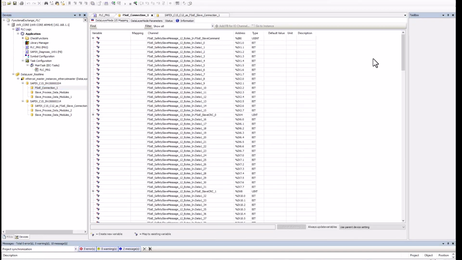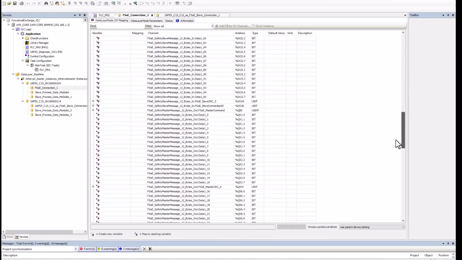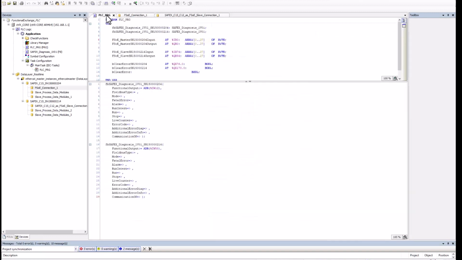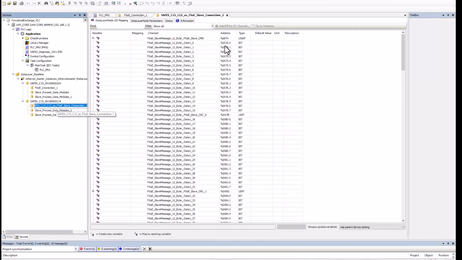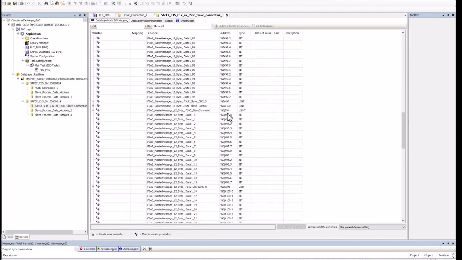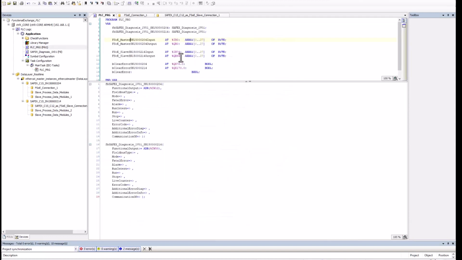This is at address IB0. And this is the opposite direction QB0. So that fits. Now let's go back to the PLC program. IB0 and QB0, those are also the addresses where the arrays are addressed. Now the opposite direction. The FSOE slave data start at IB74. And the opposite direction at QB94. That's fine too. That means we can leave it like that.